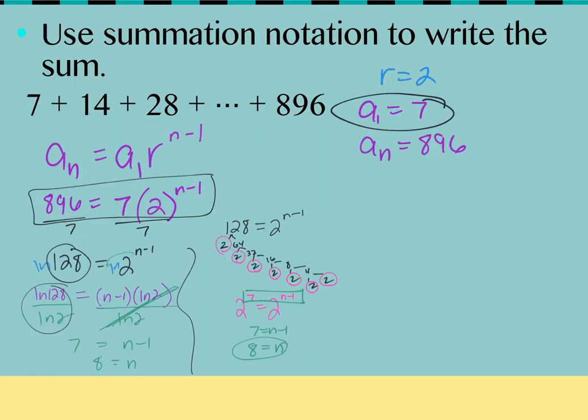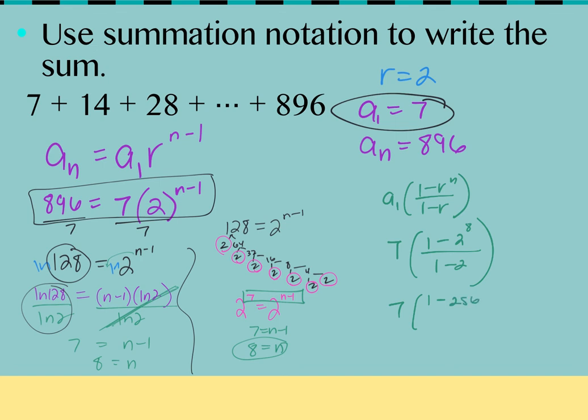So that's just the number of terms. I'm not done yet, right? I still have to find the sum. So the sum of a geometric sequence is A_1 times 1 minus r to the n over 1 minus r. A_1 is 7. r is 2. n is 8. So 7, 1 minus 2 to the 8th would be